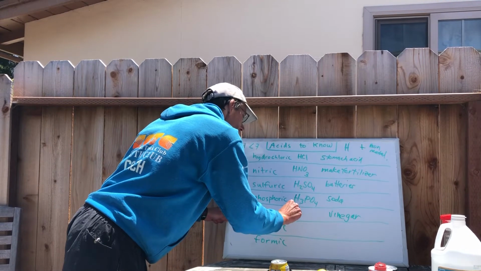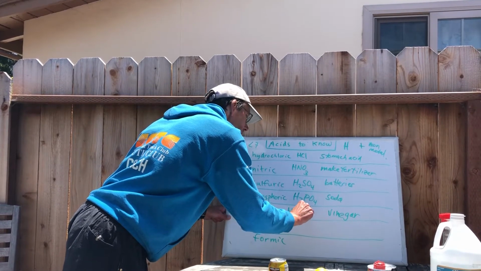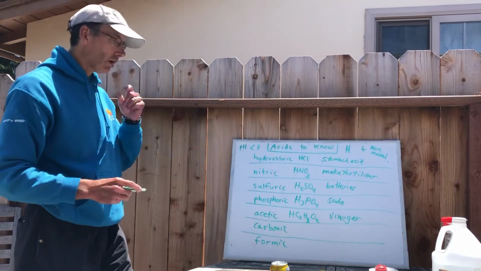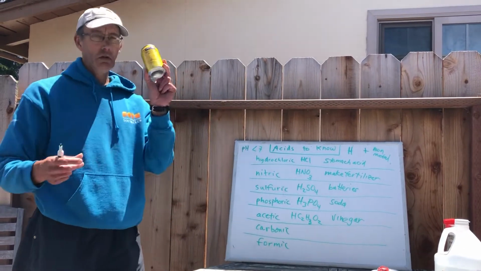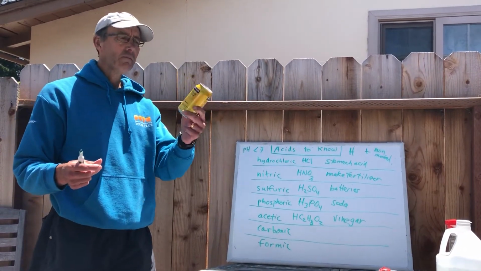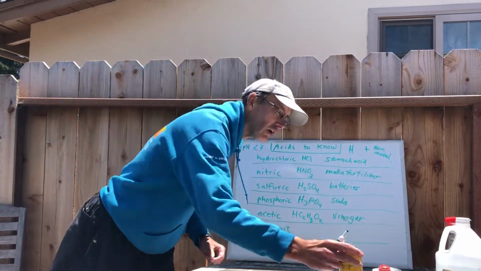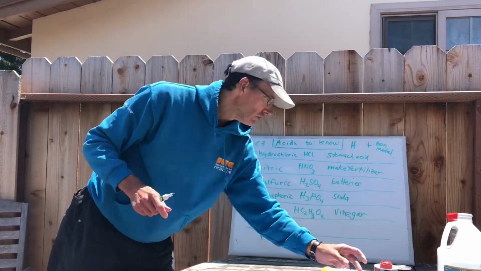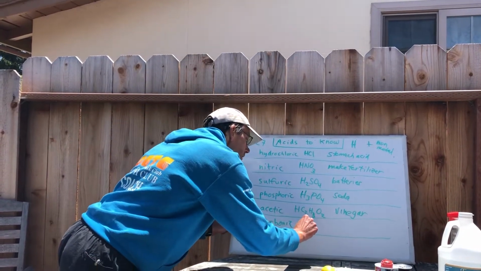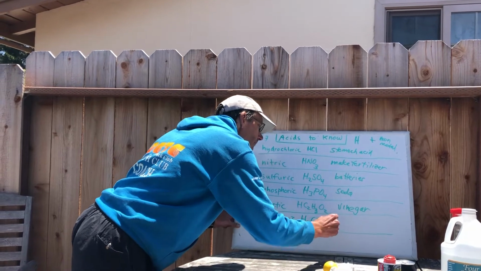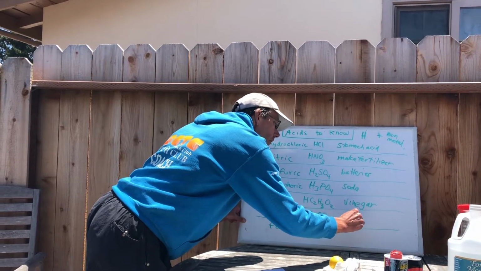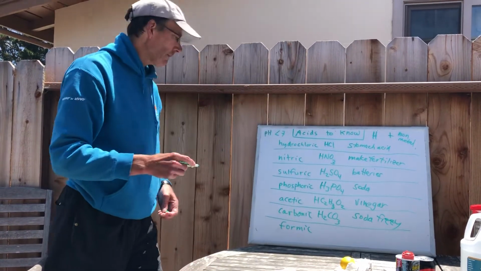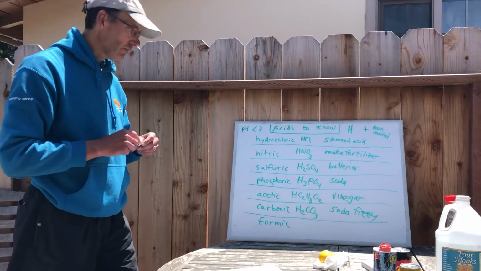And the formula is HC2H3O2. That's a 3. And then carbonic acid is bubbly water, fizzy water. This is basically carbonic acid. Obviously any soda is mostly carbonic acid, which is H2CO3, and it's in soda. Or fizzy water. Okay, then there's the last one, formic acid,